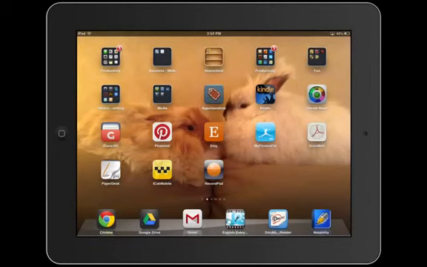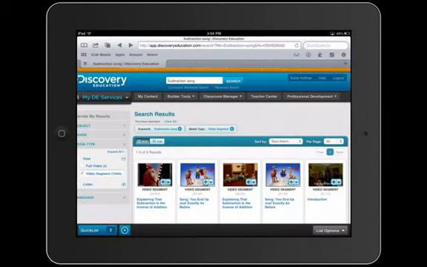iCab Mobile is a great app to get videos off of Discovery Streaming. So I'm going to click on iCab Mobile. It is a browser that allows you to download. So I already have my Discovery Education in the iCab Mobile browser, and I've already selected a video that I